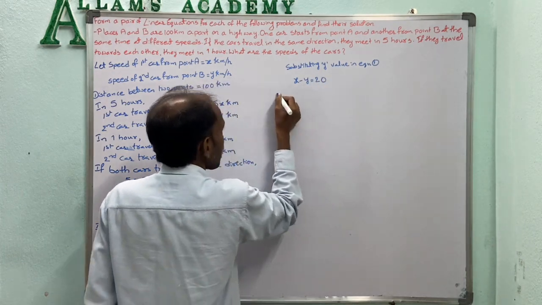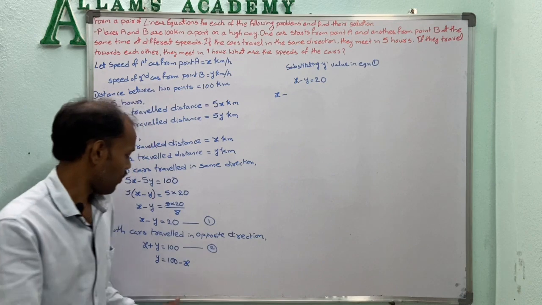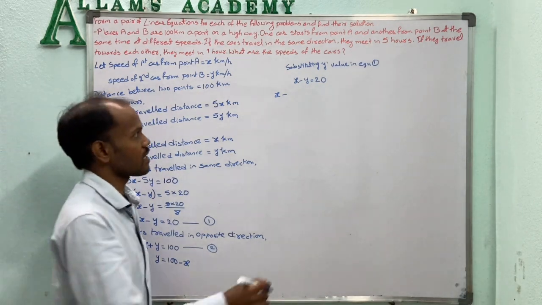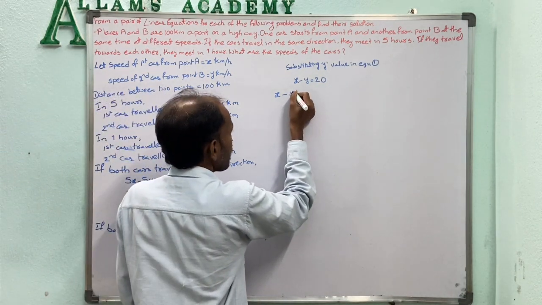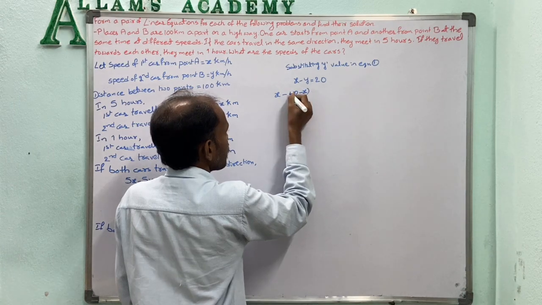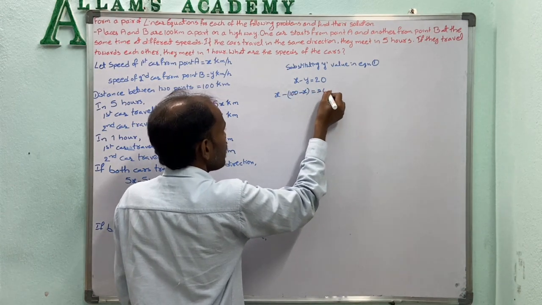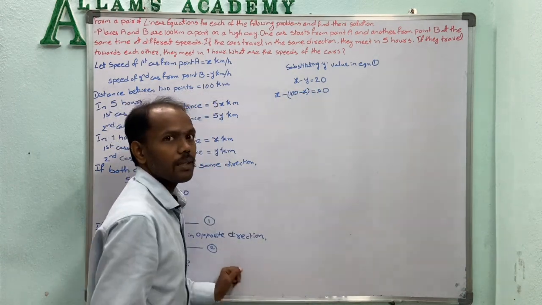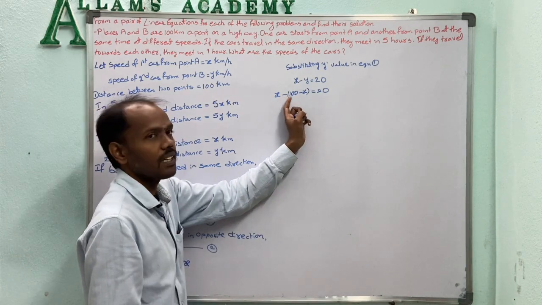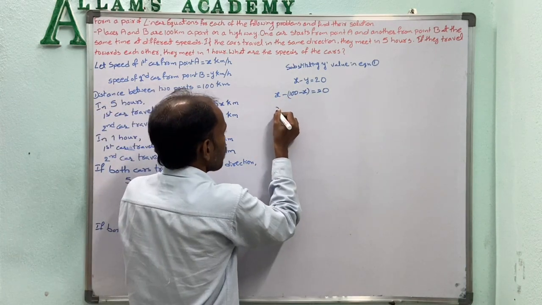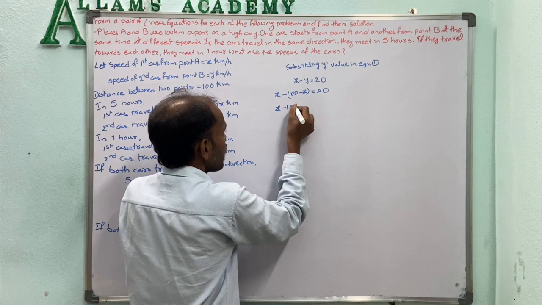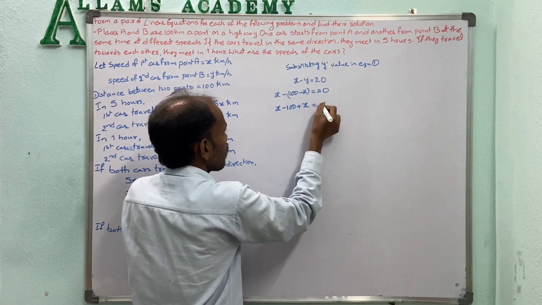Now y equals 100 minus x, so x minus (100 minus x) equals 20. Now minus times minus 100 is minus 100, and minus times minus x is plus x, so x minus 100 plus x equals